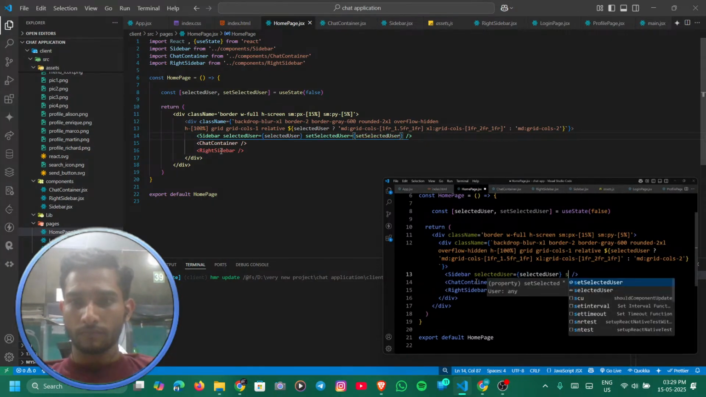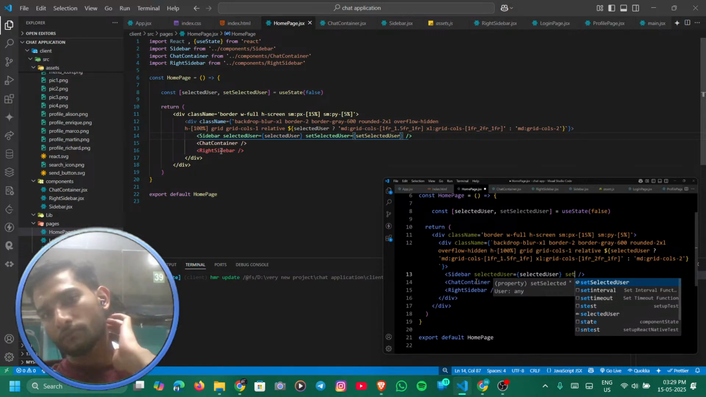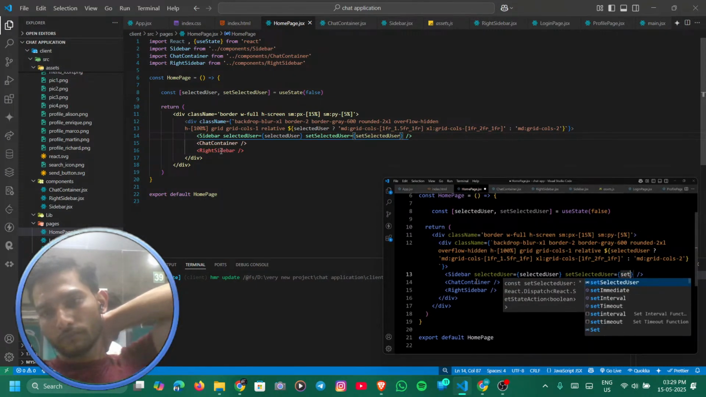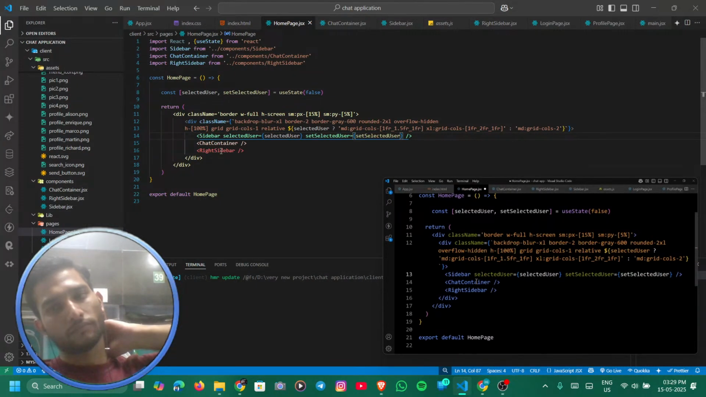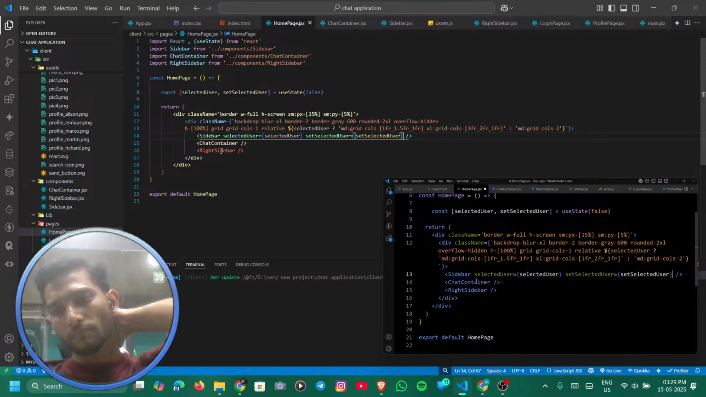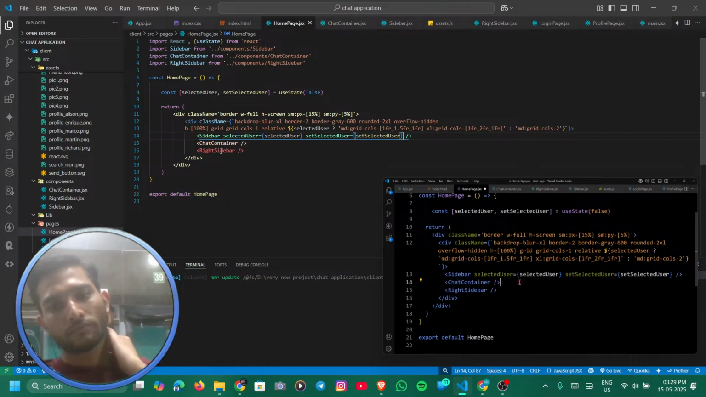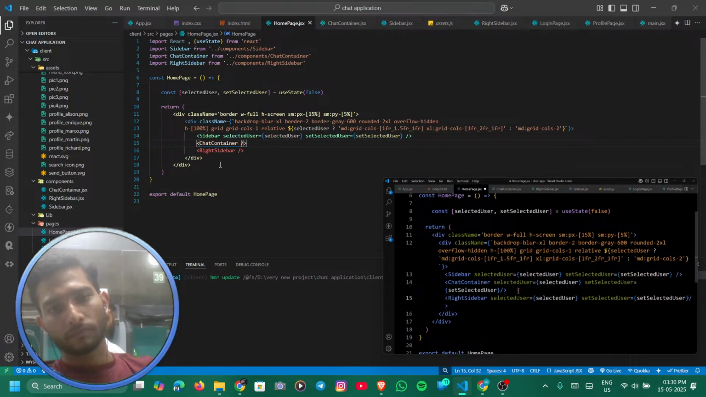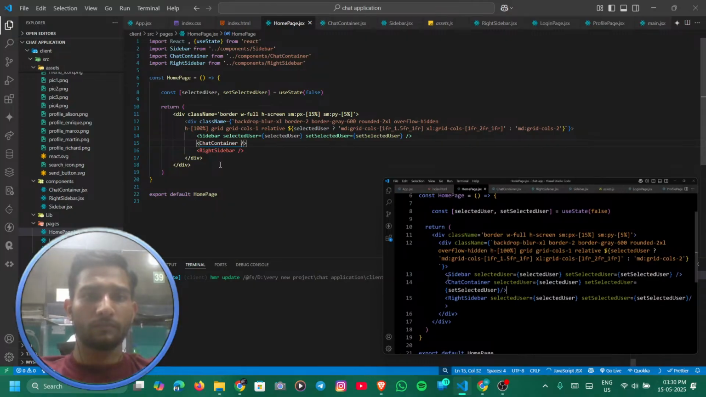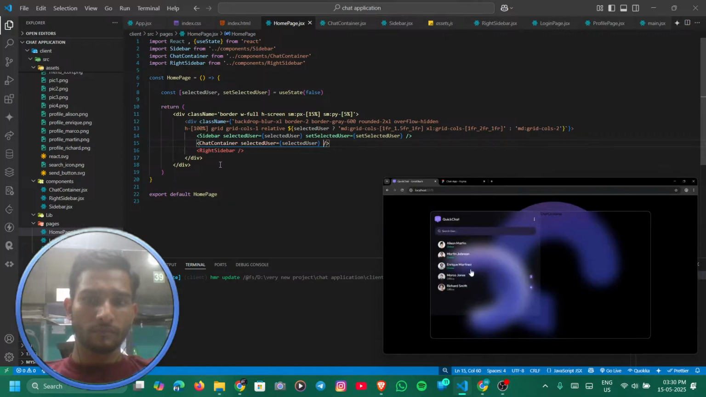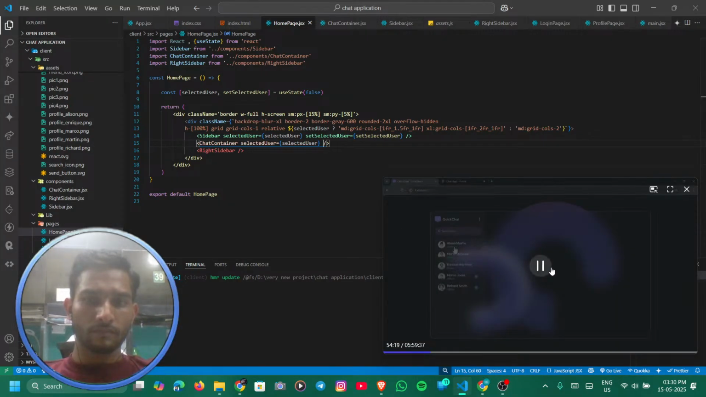Then we will pass the setter function setSelectedUser, and it will be setSelectedUser, like this. We will pass the same props in other components also, that is chat container and right sidebar. So let me just copy it and provide it here, like this. So we have added these props in the sidebar, chat container and right sidebar. After that, save the changes and come here. We will click here. So you can see now